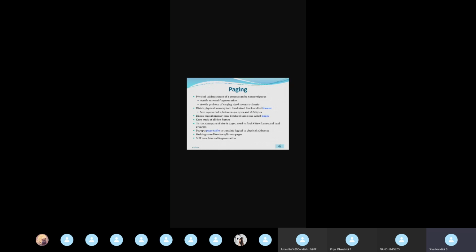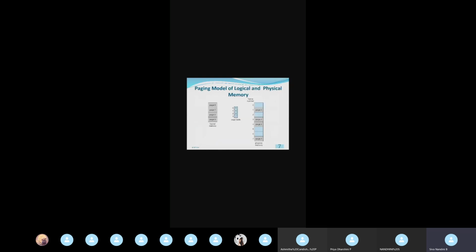So in this paging concept, we have to keep track of all the free frames. The physical memory is the real memory which we are seeing. See, in this slide number 7, I have shown the same example. In this case, in the physical memory, the ash color shaded region, page 0, page 2, page 1, page 3, is the occupied memory partition. The blue color region is the free available partition. So for allocating memory in this partition, we have to know what the free frames are.